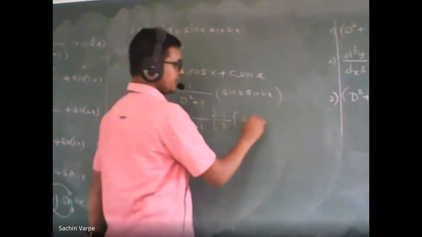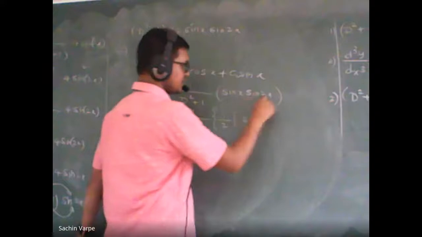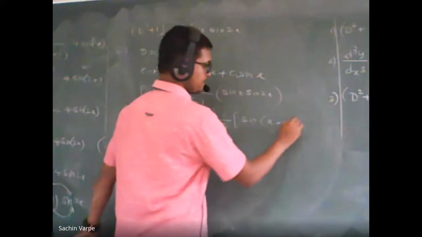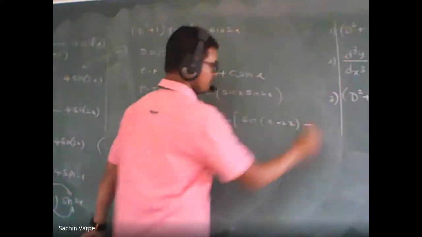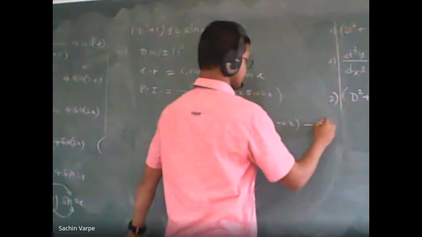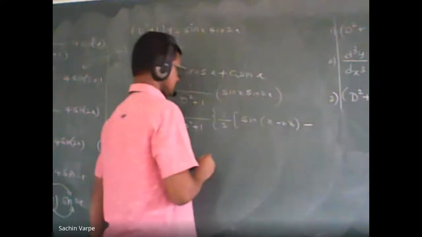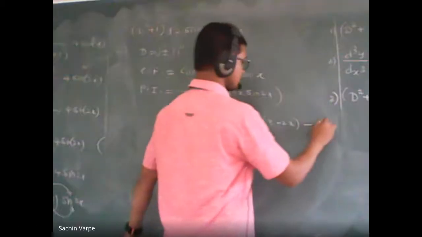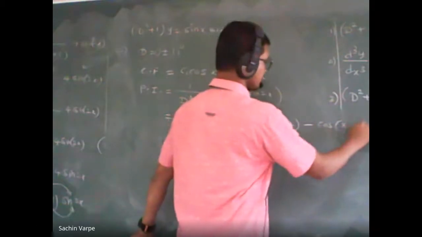sine of a minus b, that is x minus 2x, minus sine of a plus b, that is sine or cos? Cos. Cos of a minus b minus cos of a plus b, that is x plus 2x. All right. So that is